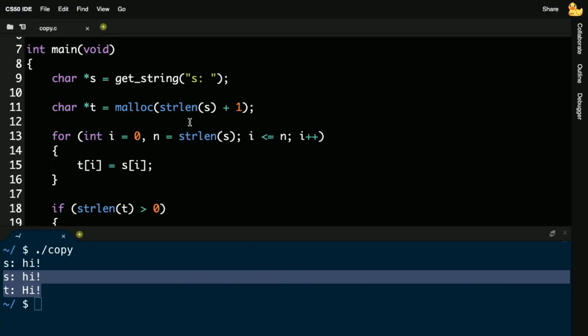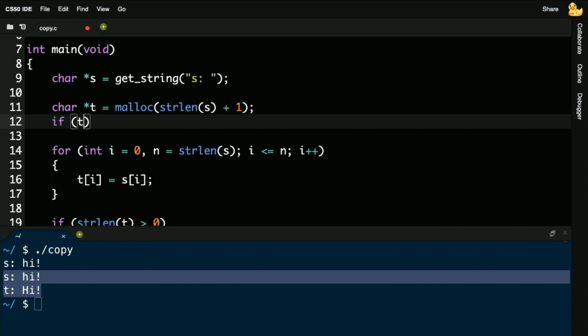There's actually one more piece of error checking I should really do in a fully correct program, as you should do in problem sets. Sometimes things can go wrong. And if your program is so big, so fancy, and so memory hungry that you're mallocking lots and lots of memory, which you won't do in a program this small, but over time you might need more and more memory, we should also make sure that t actually has a valid address. It turns out that malloc, most of the time, is going to return to you the address of a chunk of memory it has allocated for you.